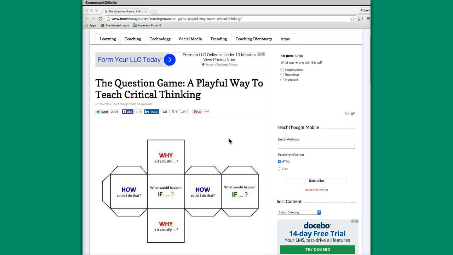So there's this image on the screen, pretty much some squares here. We have a how, we have a why, if, and so forth. And where this actually comes from is a book called A More Beautiful Question, The Power of Inquiry to Spark Breakthrough Ideas by Warren Berger. And Berger came up with these three questions, the why, the how, and the if,